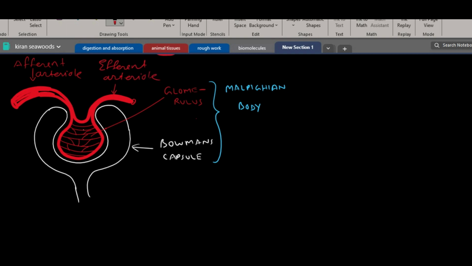Hope it is clear. So I hope there is no problem in understanding this. This difference in lumen is the main reason